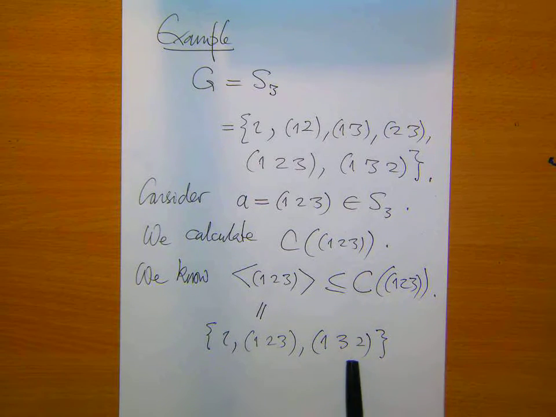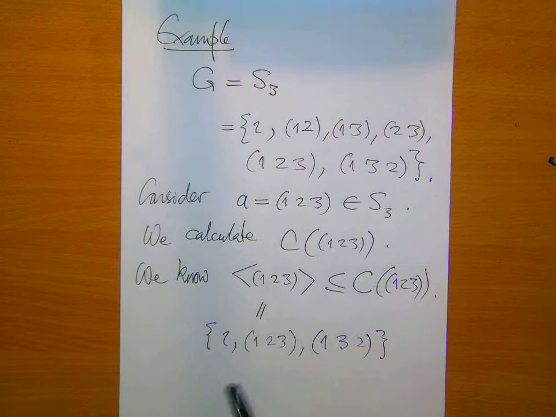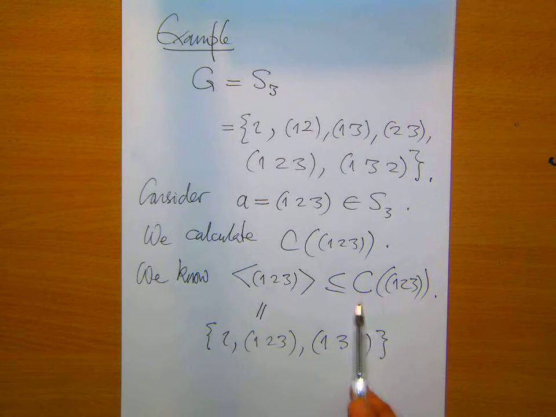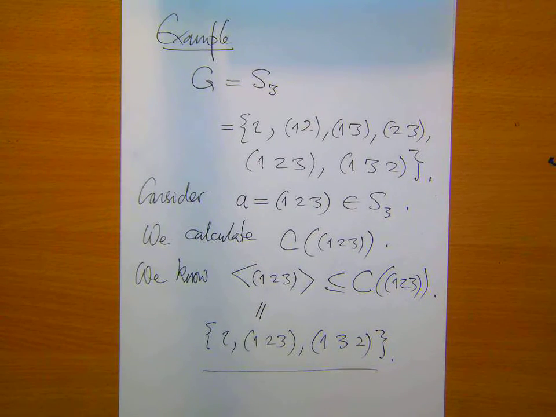So if you're not sure about that, then perhaps afterwards you can just check that these are the 3 distinct powers. Any other power of (1 2 3) will be equal to one of these 3 things. That just follows from our general theory of cyclic subgroups. Okay, so certainly the centralizer contains these 3 elements. Does it contain anything else? Well, unless